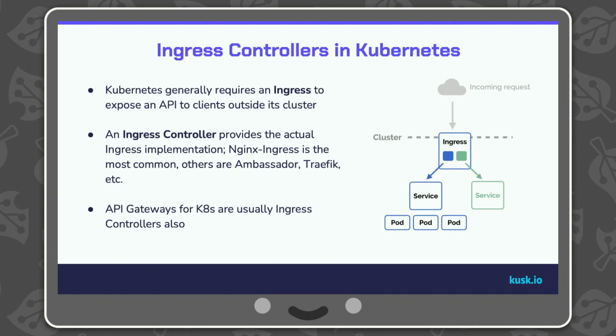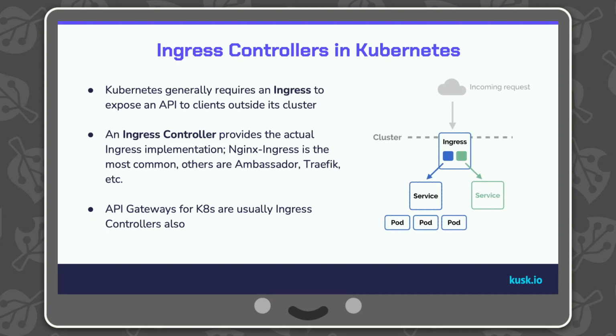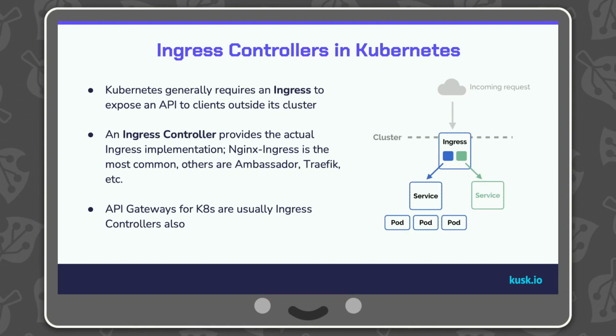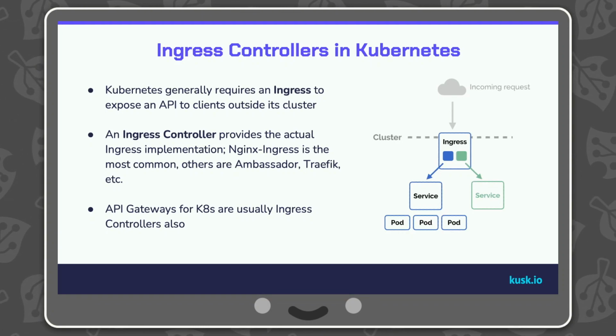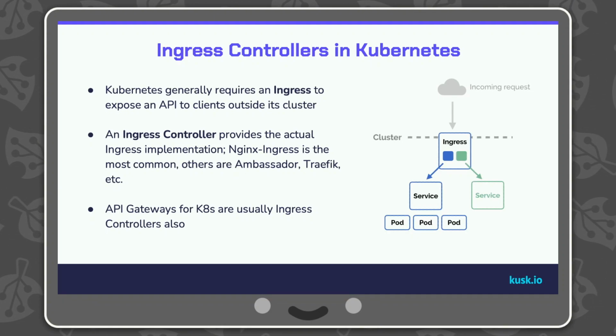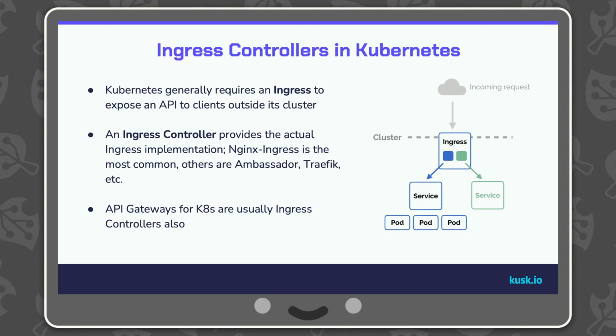And you can use many ingress controllers out there. For example, Nginx ingress, Ambassador, Traefik. These are some open source ones, but you can use Kong as well, and so on. Kong is also open source. And an API gateway in the Kubernetes realm is also considered to be an ingress controller. So you might hear them used interchangeably, but they really mean the same thing.